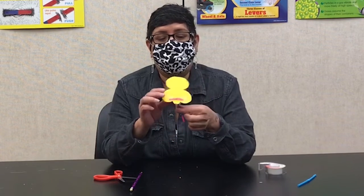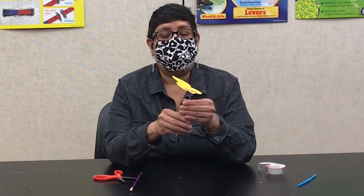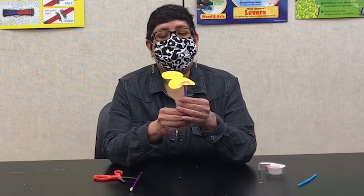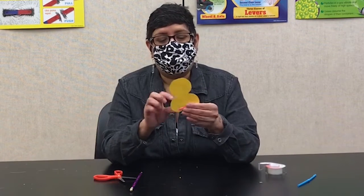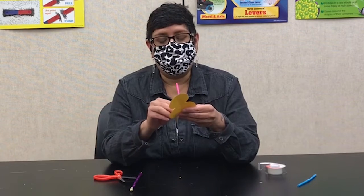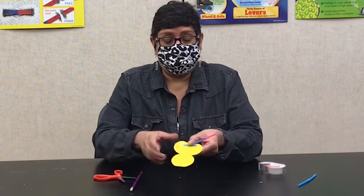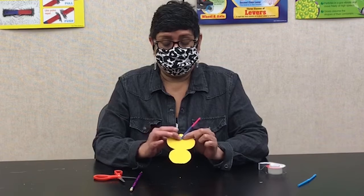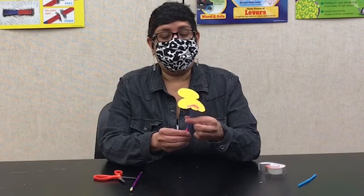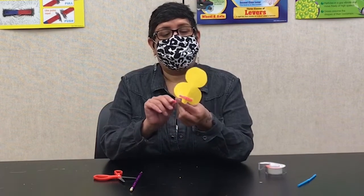Let me try this again. I'm going to move this tape a little bit because it's a little tight. But when you move your straw up and down, I need to move my tape just a smidgen so that I have room for the straw to move up and down. So I'm going to bring my tape out a little bit farther, so not so close to the edge there. And so then when I move it up and down, you can see that